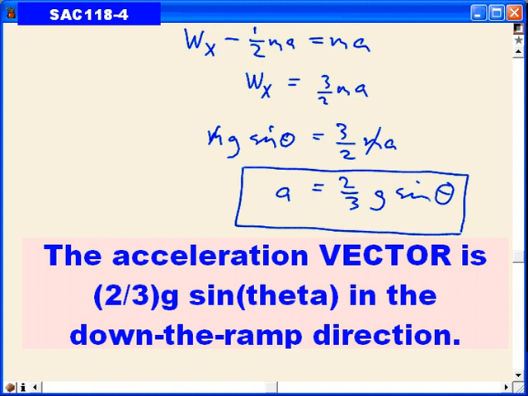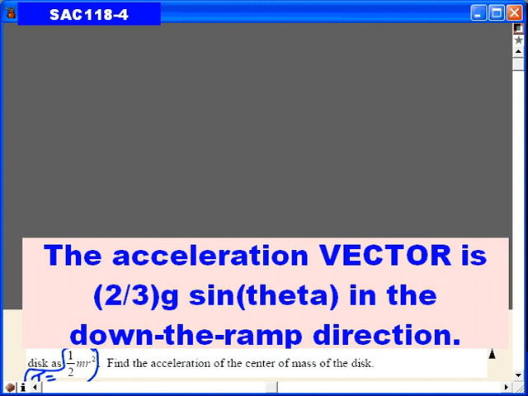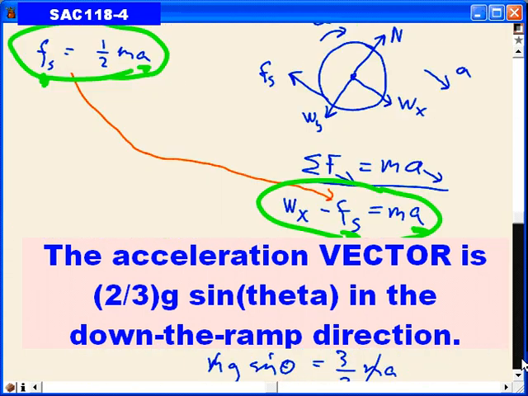So for SAC 118, problem number 4, we find that the acceleration is just 2/3 g sine theta. I'm going to make a quick check and make sure that we answer the question that was asked. Find the acceleration of the center of mass of the disk, and that's exactly